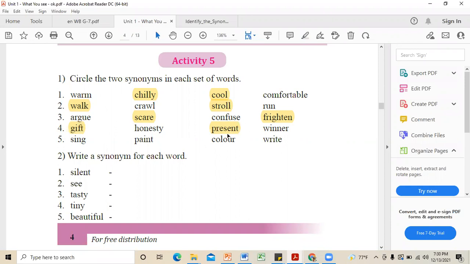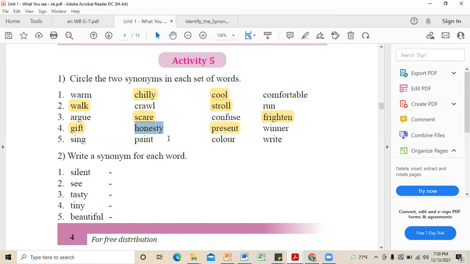And also you may say, I got a present from my parents, right? Here again, this word present can be used for different meanings. We know present can also denote the time. We are presently, let's say, in 2021, so we are talking about time. So future, past, and present, right? We can also use this word for timing, but in this case we can use it in place of gift, right?